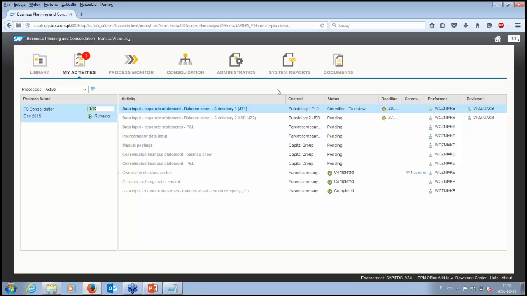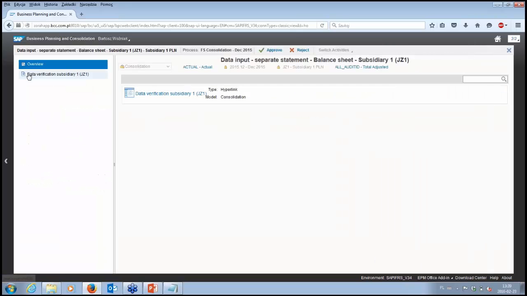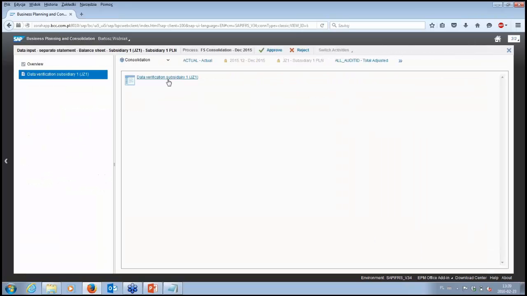perceived as a reviewer because this guy has performed this task, and now I'm a reviewer. As you can see, the status buttons are also somehow changed because it was submit before, and now I have approve or reject. But before I approve, I want to really check this. And as you can see, there is just one task here. Before it was data overview, data loading, and checking the loading data status, and here we have simply only data verification form.